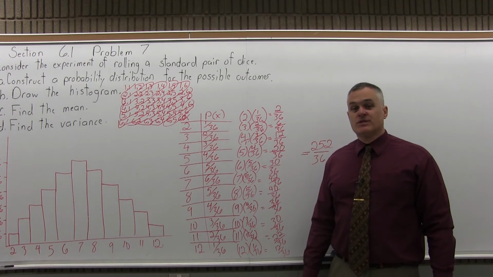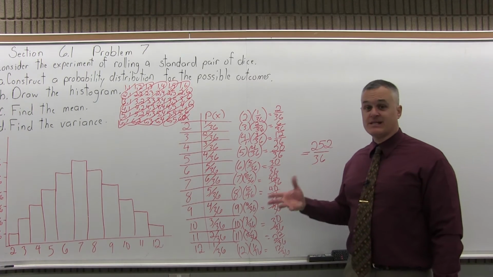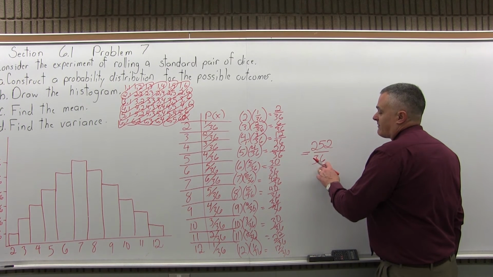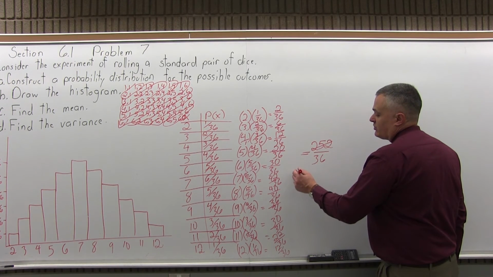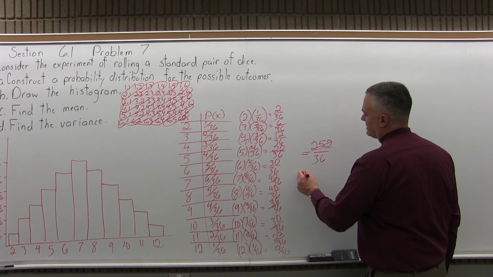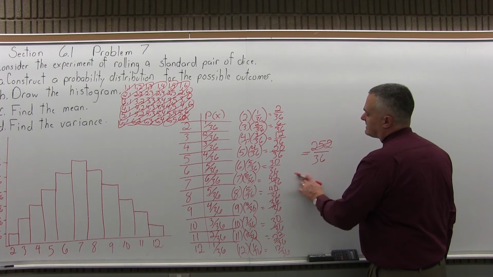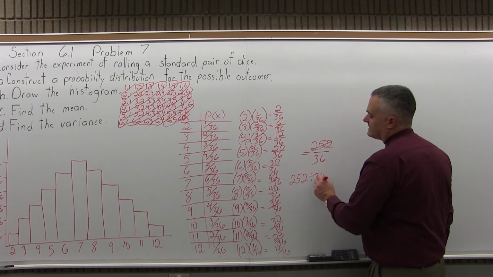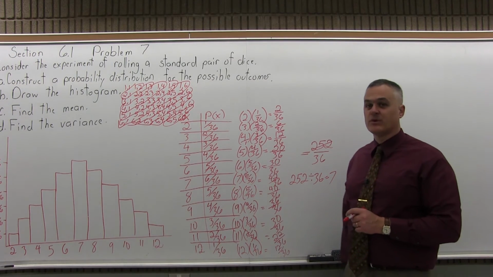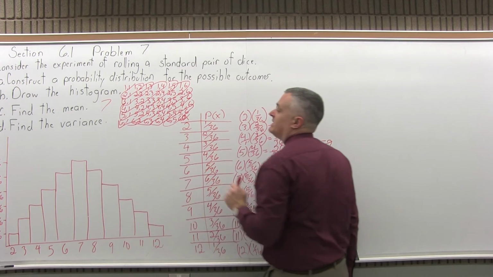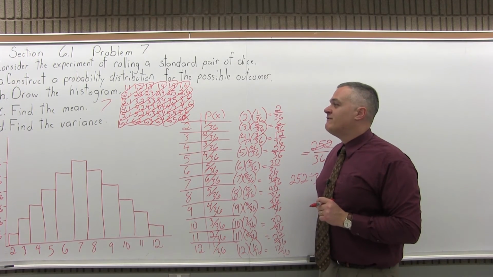Now, you'd like to reduce this if you can. 252 over 36, that's the mean. They're both even. You can cut them both in half. So half of 252 is going to be, let's see, 156. No, 176. Well, I know the answer comes out to 7. So you could just as easily do 252 divided by 36 equals. And the calculator will tell you pretty quickly it's 7. So that's the mean. The mean is 7. So now the variance